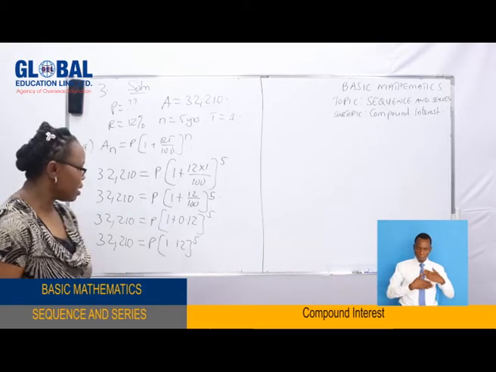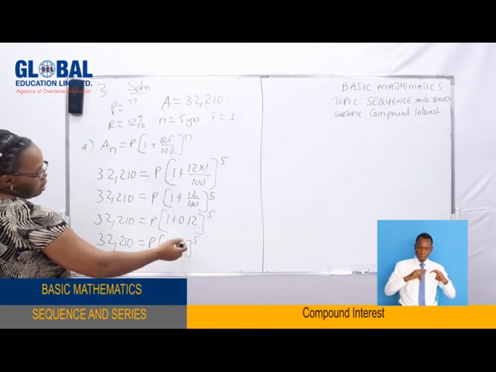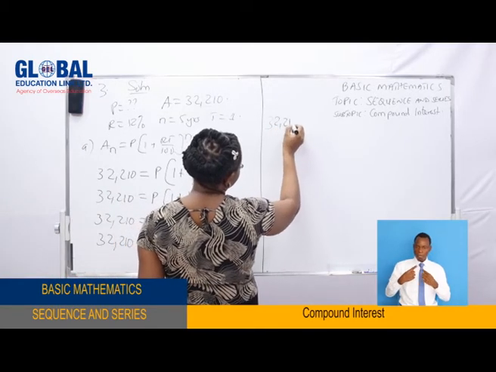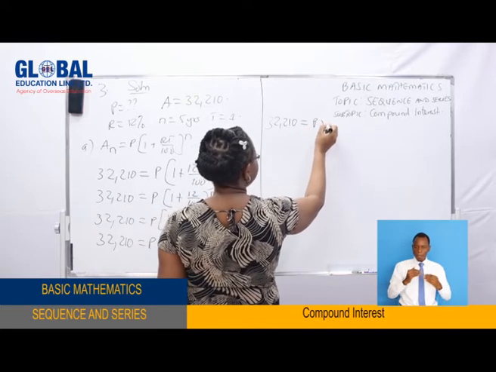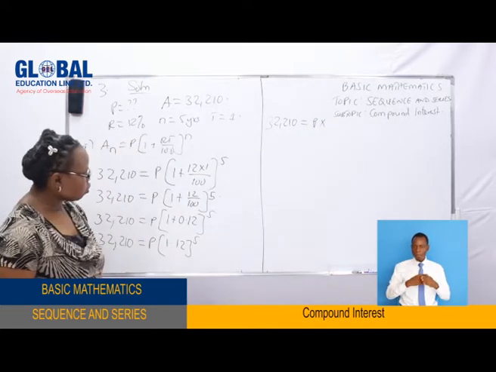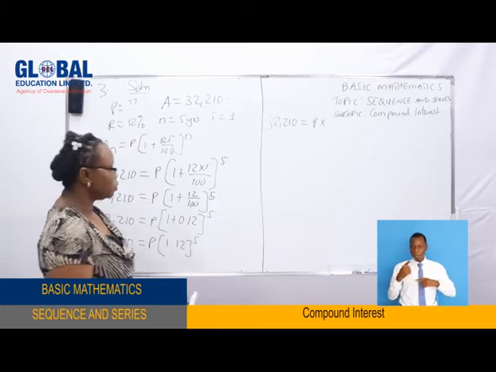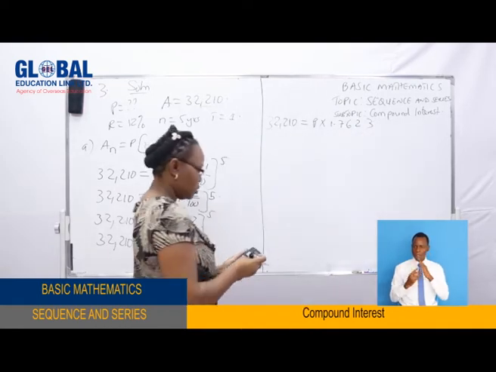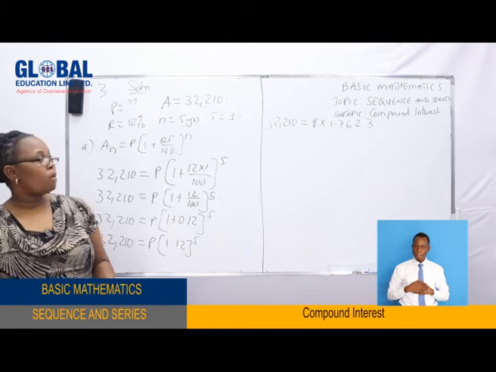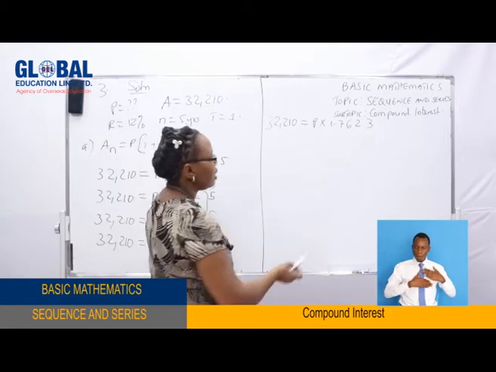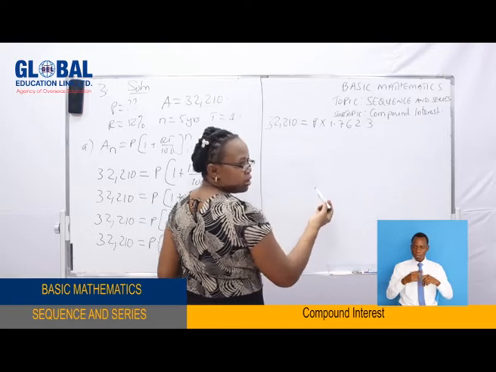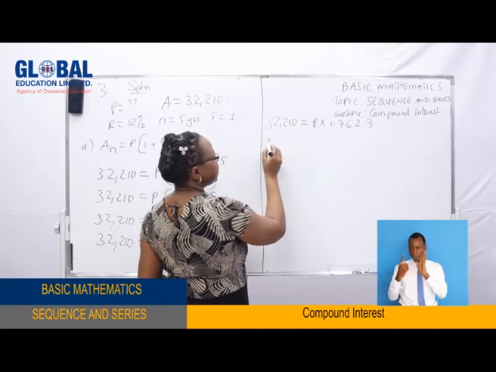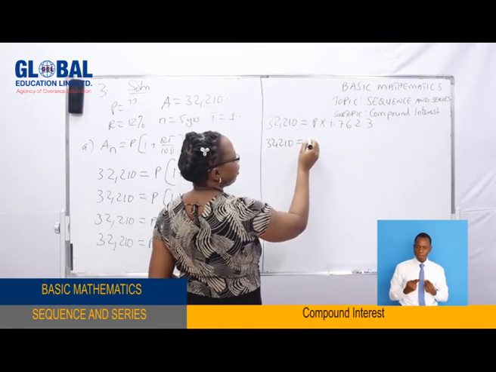My dear students, by finding the value of this number here, we have 32,210 equals principal times 1.12 to the power 5, which equals 1.7623. When you multiply P times 1.7623, we obtain 32,210 equals